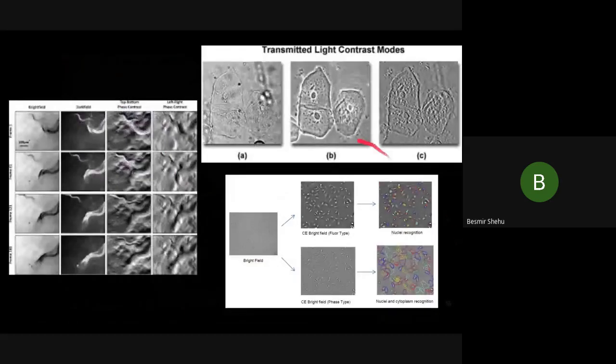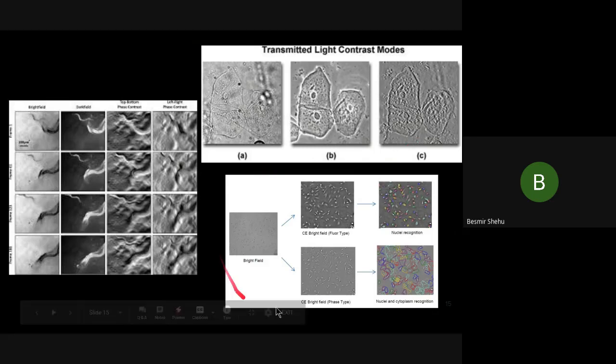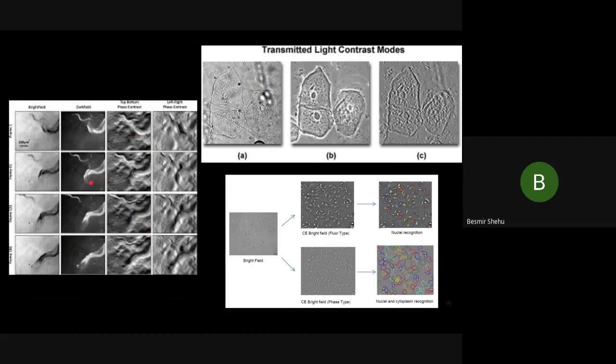We can see here also that for the same specimen, three different contrasts show different specifics of the specimen. The first one is bright field, the second one is phase contrast, and the third one is Hoffman contrast. On the bright field, as I mentioned earlier, thin specimens are very difficult to see. So we use phase contrast in order for the contours and the many details to be more approachable for the eye. And then on the Hoffman one, we get sort of a 3D image of the specimen. Also on the other two pictures, we see different comparisons of specimens in different contrasts. Modulations,